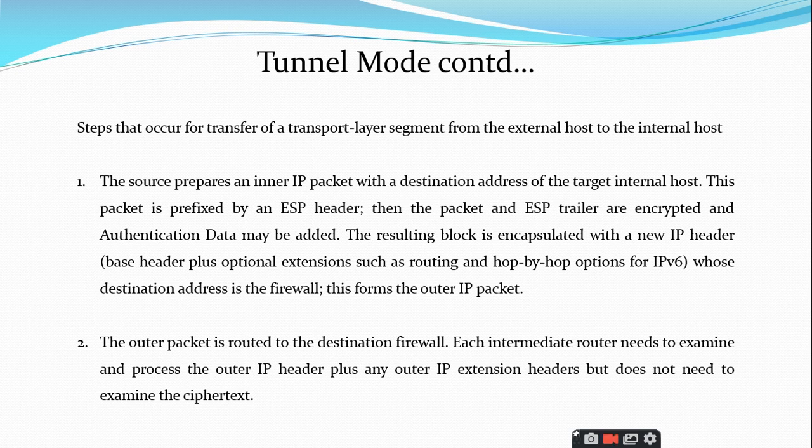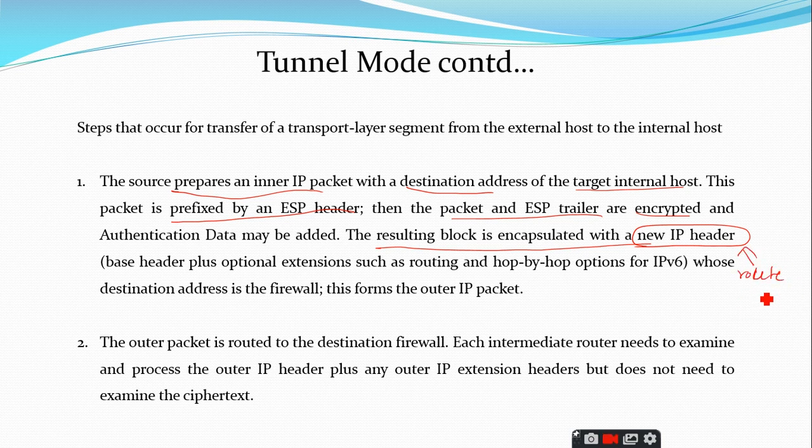So, the steps that occur are what I have explained. The source prepares the inner IP packet with the destination address of the target internal host. The packet is prefixed with the ESP header, I know this. Then the packet and ESP trailer are encrypted. And to the ciphertext, if authentication data is there, you add it. The resulting box is encapsulated with a new IP header, this is very important. And this new IP header consists of routing information plus the destination address